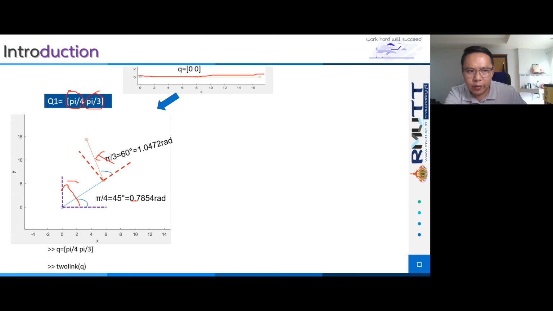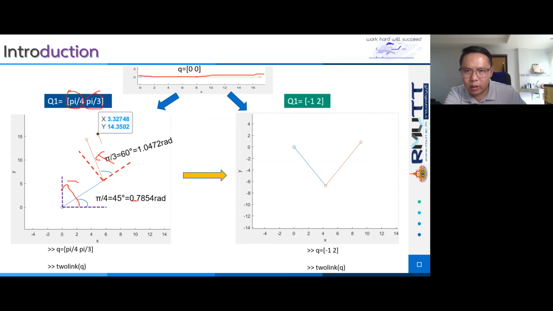The end effector of the robotic arm is at the coordinates 3.32748 and 14.3502. When Q is defined as